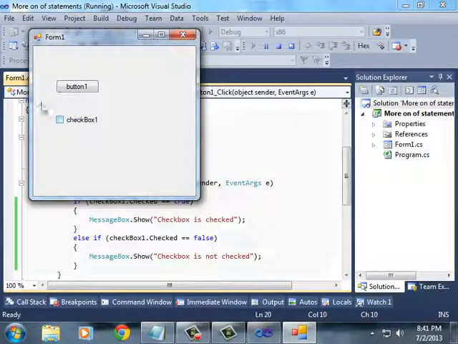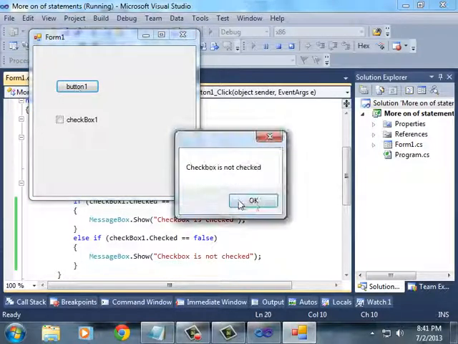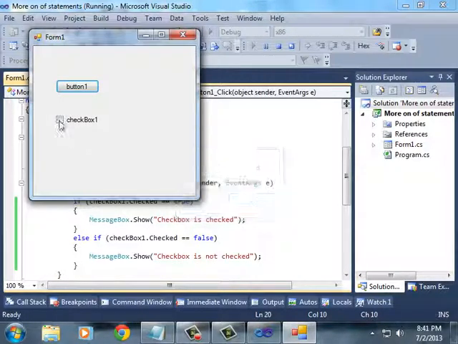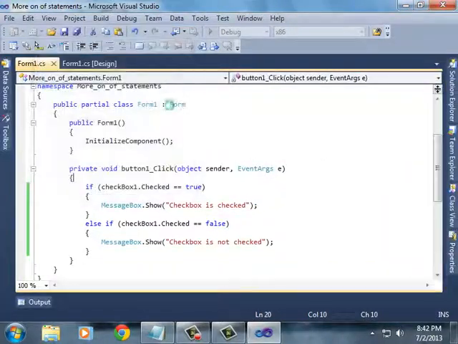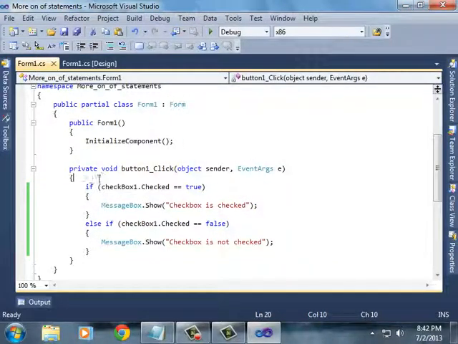Now, as you can see, the checkbox is not checked, so the message box says the checkbox is not checked. Now if I check this, it means that it is checked, and the message box will say the checkbox is checked. We have just looked at a simple property to find out whether the checkbox is checked or not with the help of these statements. It's very simple. In the same way, I can also check that